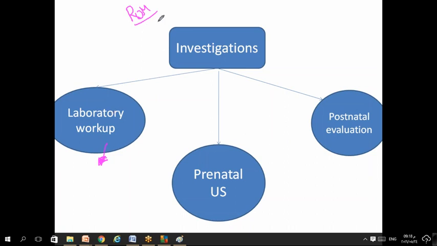Another cause can be renal, where we don't have rupture of membranes. We need to search for the cause. We can find that there are no kidneys, for example; this can be the cause. Or we can find obstructive uropathy, like posterior urethral valve, which happens in male or female babies? Male, exactly. Male.